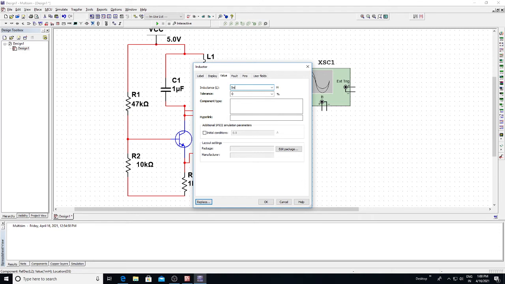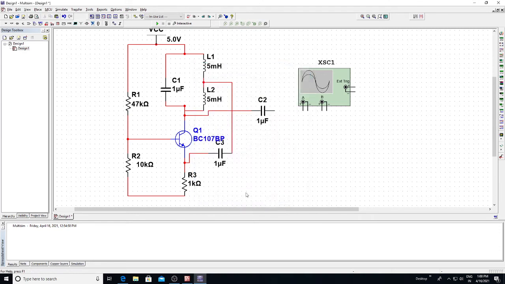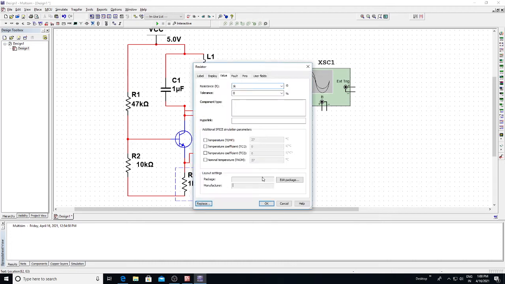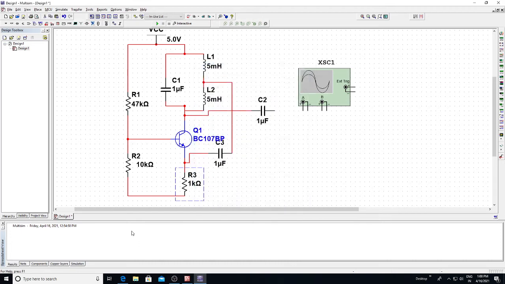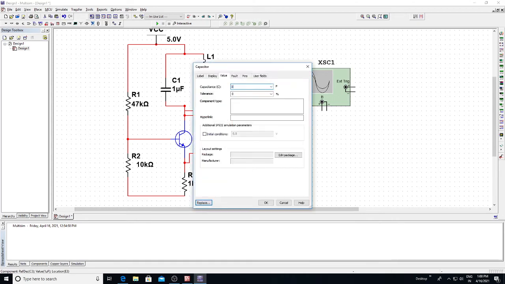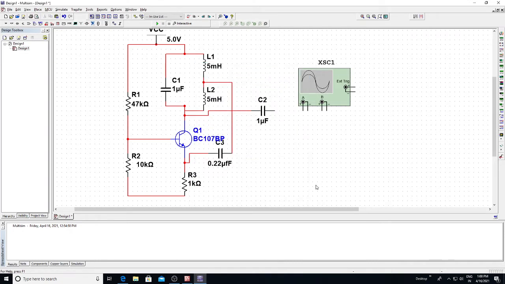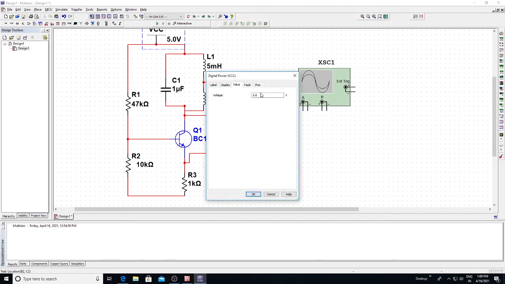And here check the resistance RTU of 1 kilo ohm, same value, and this capacitor value is 0.22 microfarad. Okay, and here VCC is 12 volts,